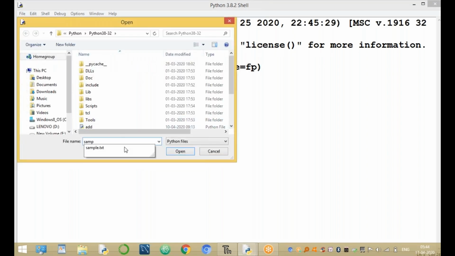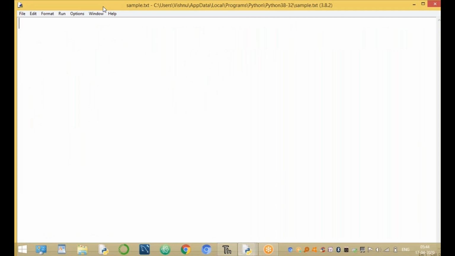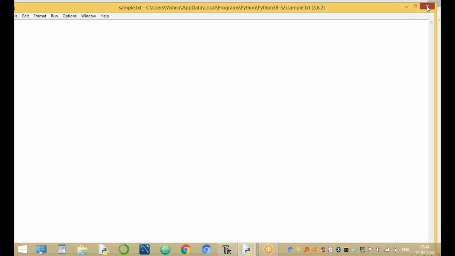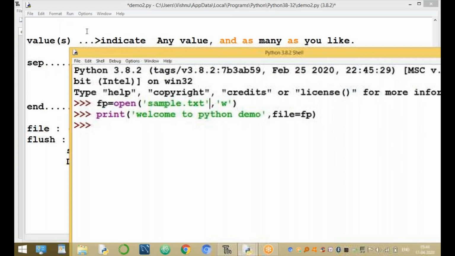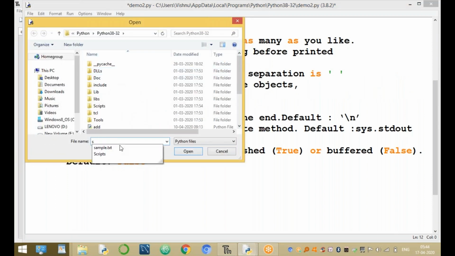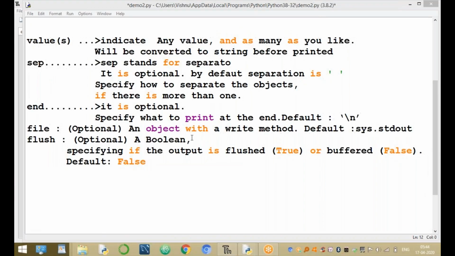Here, in sample.txt, the output is welcome to Python demo, written through the file pointer.